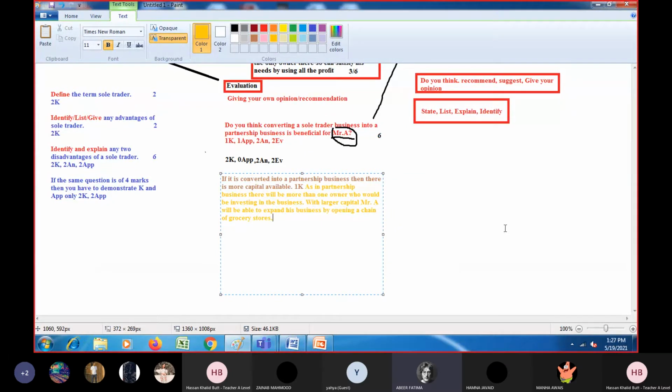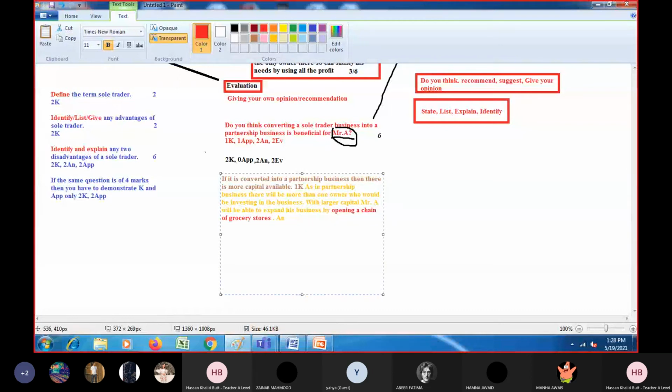Can you please repeat your question? My question is that you can see that yes, there is knowledge, there is analysis as well. This is analysis, right? Okay, so have I used application as well somewhere or not? That's my question. No, sir. No. Okay. All right. Thank you, Abir. Actually, I have used it. Now I'm going to tell you how. You can see that I have used it intentionally by opening a chain of grocery stores. This is application. Remember, let me write it there.